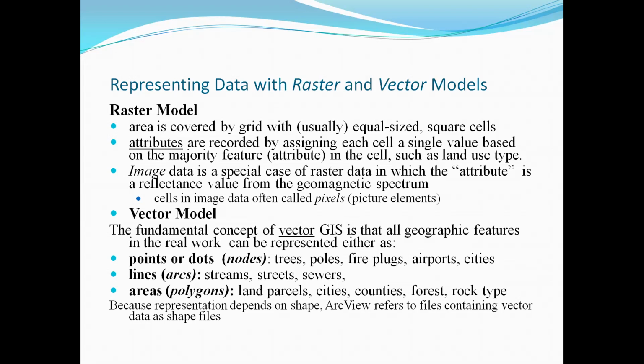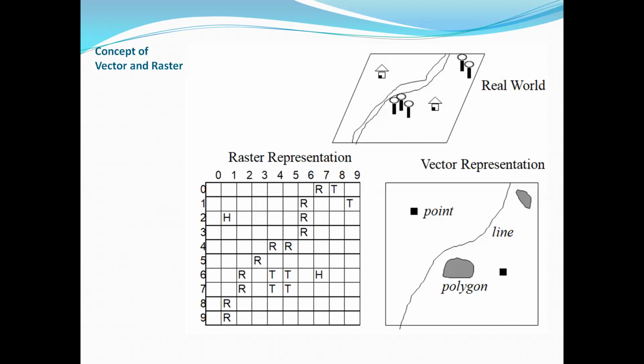And the vector model. With the vector model, we can make a point or dot in our maps, or make a line according to our feature, or we can specify the area by making a polygon around it. So as I explained, the concept of vector and raster. This is the raster representation from one satellite. Each cell has some data on the earth, and this data can be represented by vector data as point, line, polygon. And out of these two, we can make a real-world map.